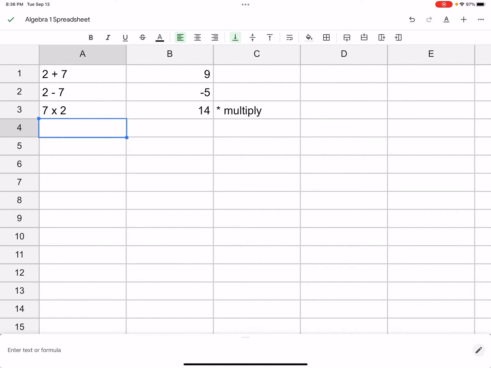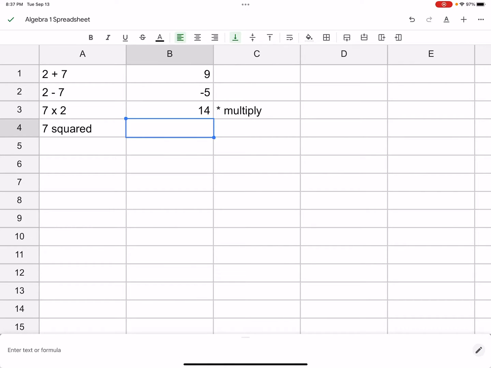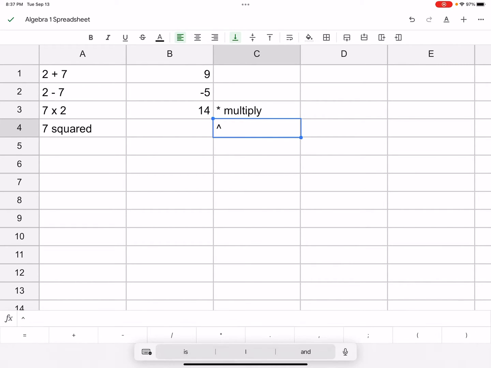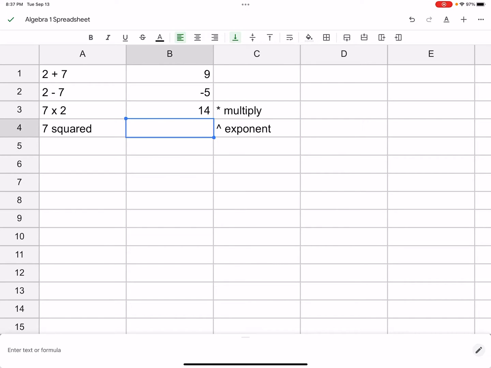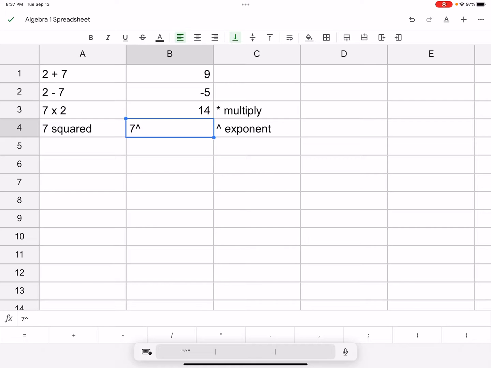All right, the next one we have 7 squared. I can't really write that there, so let's do 7 squared. This little caret, which is above the 6, is like an exponent. We're going to raise it to whatever number comes after that. If I want 7 to the second power, I would do 7 raised to the second power, or 7 squared. Well, 7 squared is 7 times 7, so I expect when I hit enter